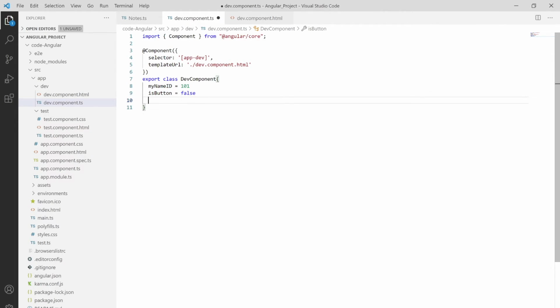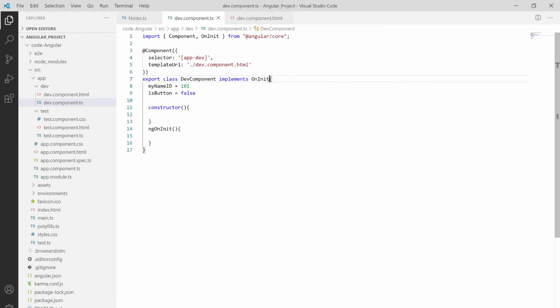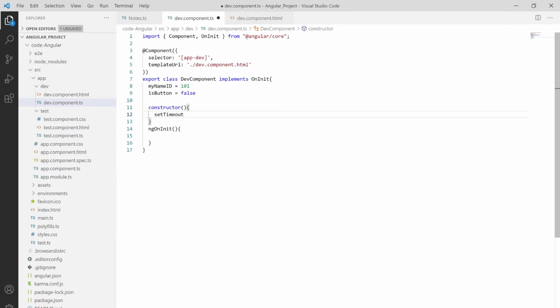I'm also creating the constructor over here, and also creating the ngOnInit function, and using implements OnInit. Save this out. A very good example is the setTimeout function from JavaScript itself. I'm using the ES6 arrow operator to declare the function body.